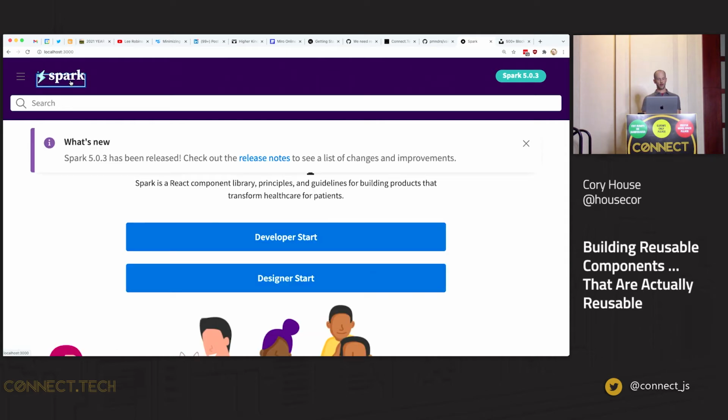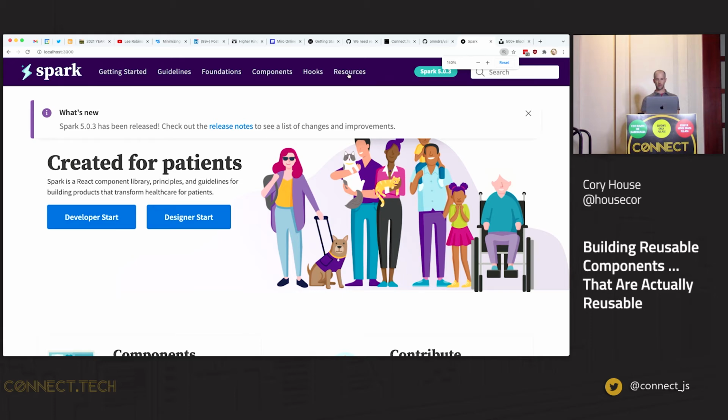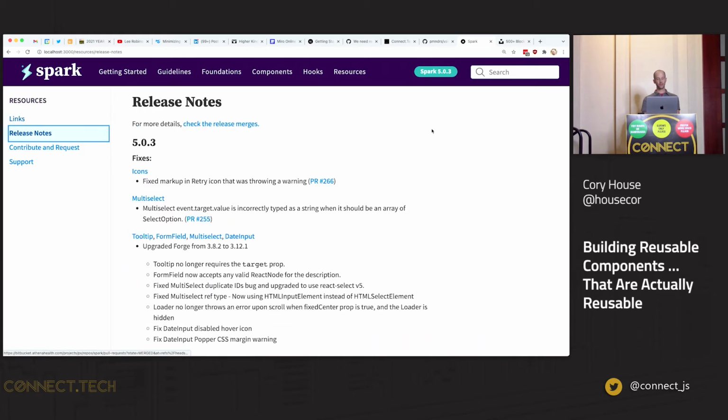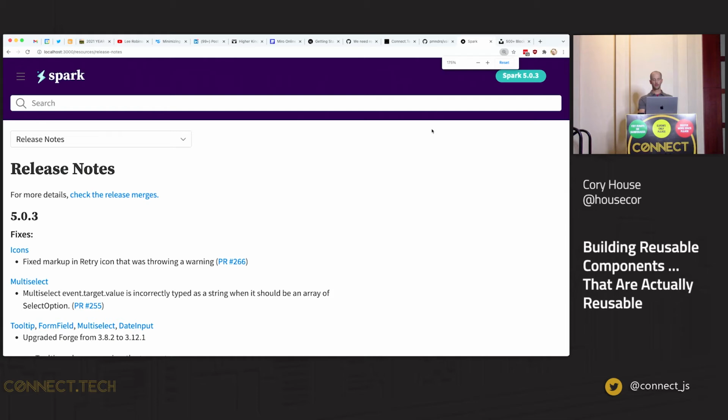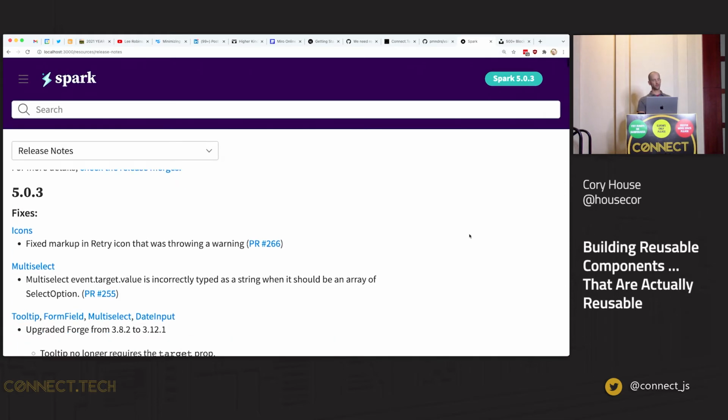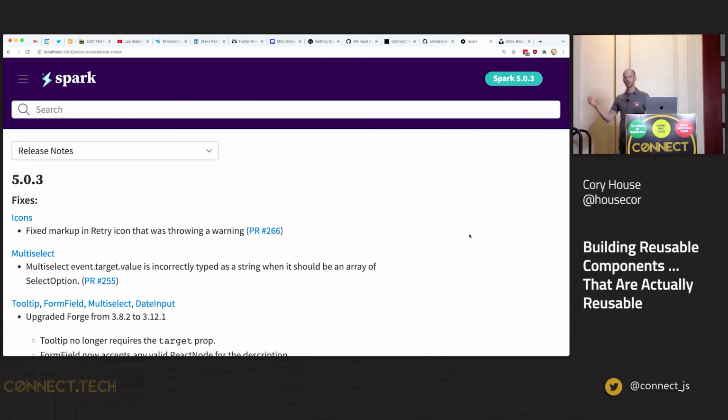Another important area I want to draw attention to is, if I go back out a bit and come over here to resources, release notes. Release notes are huge for anybody that wants to consume your application. Having a link to the PR so that they can actually look at the code that's changed, because your consumers are developers. So they're going to be happy to go in there and potentially look at the code and say, okay, you said you did this, but let me look at how you did this. Maybe I need to better understand exactly what is shifted under my feet. And also being a good steward of